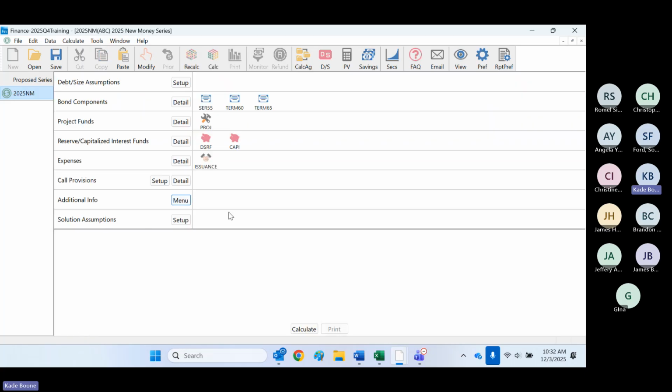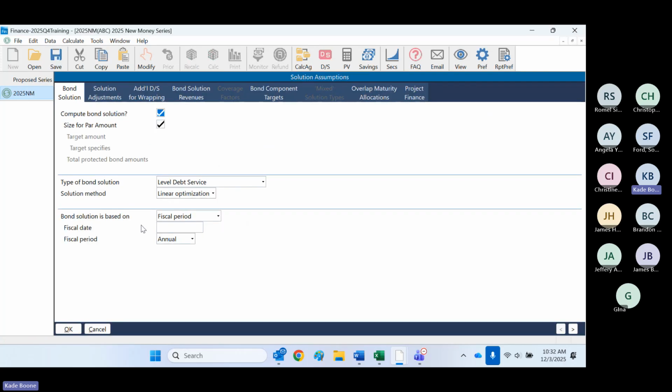And then there's a few others, but I'll show you how to get to that in a moment. Finally, at the end, I'm going to click save. How do we want to solve the series? Default setting, level debt service. And we're going to get into a few of the different